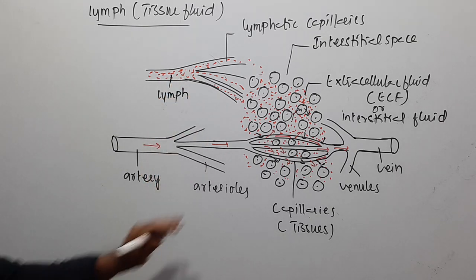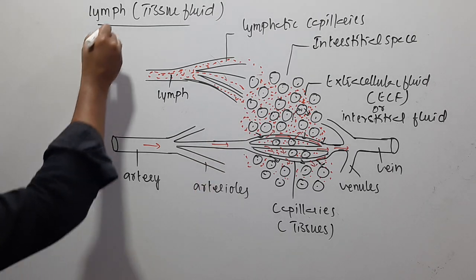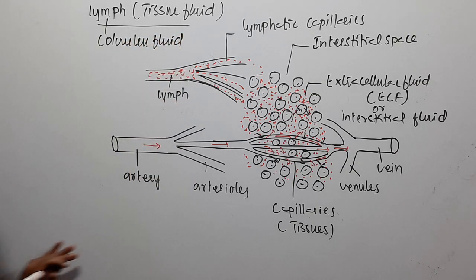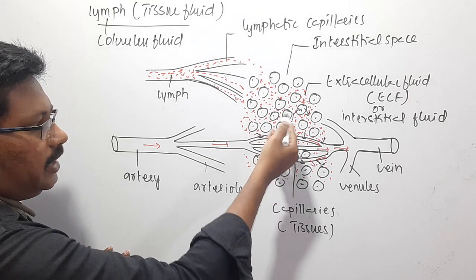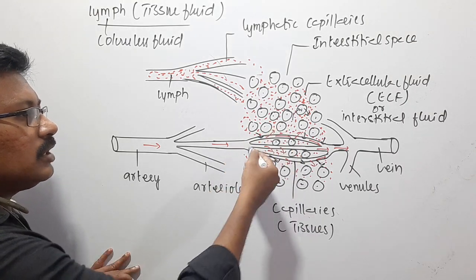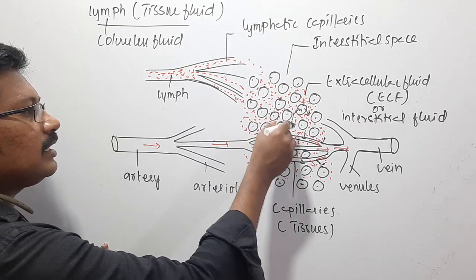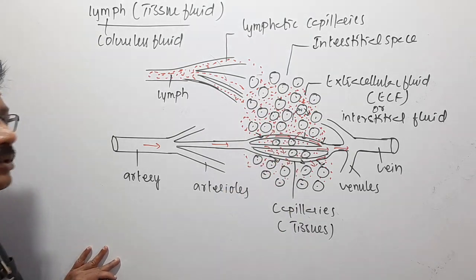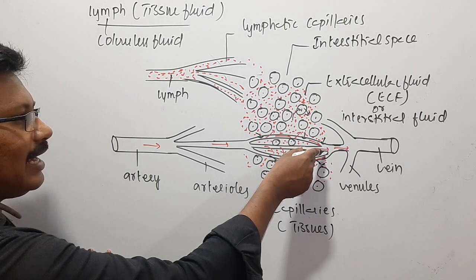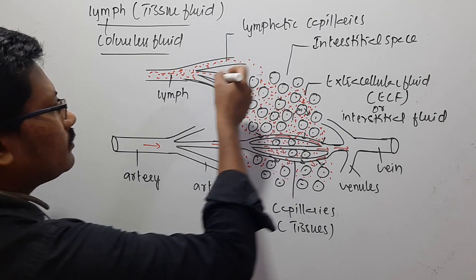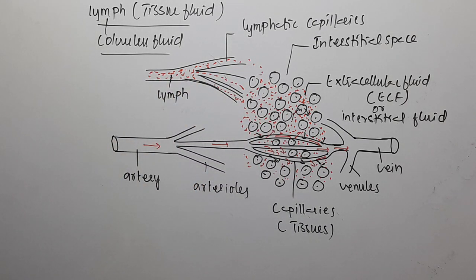Of course, here the lymph is colorless. You have to keep in mind, lymph is a colorless fluid because some WBCs may pass out into the ECF, and other proteins, okay, smaller proteins may pass, but larger proteins will not be passing through these capillaries, right. The RBCs will also not pass through these capillaries, so RBCs will be retained within the capillaries. So hence lymph is a colorless fluid, right. So this lymph will again get back to the normal circulation through the thoracic duct, that I will tell you,